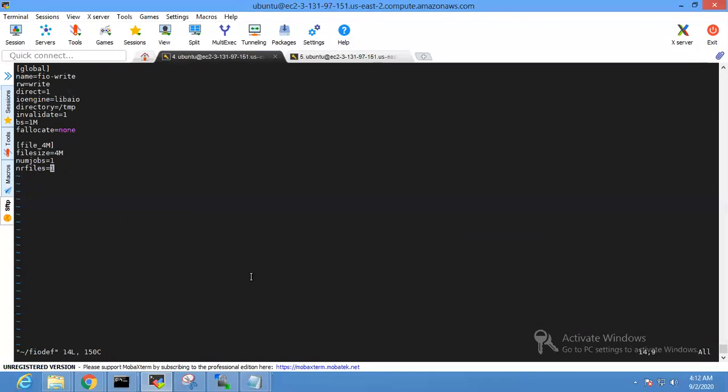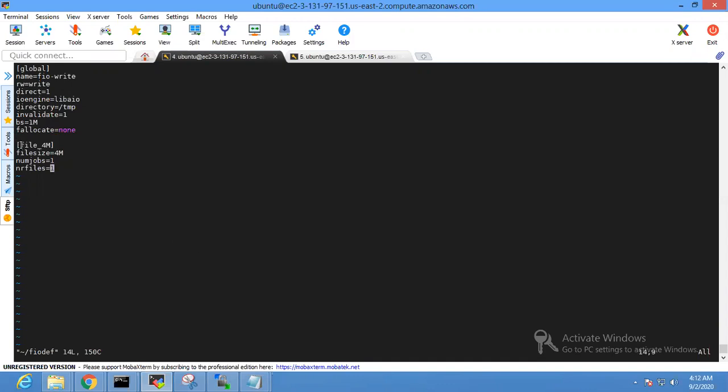But if you have to create various file sizes, different types of files and different types of operations for different file sizes, it is best to create a conf file, and inside that conf file you can create your own workload. In a conf file, we have a global section where we define a few parameters like name, read write, direct, IO engine, those which are common.